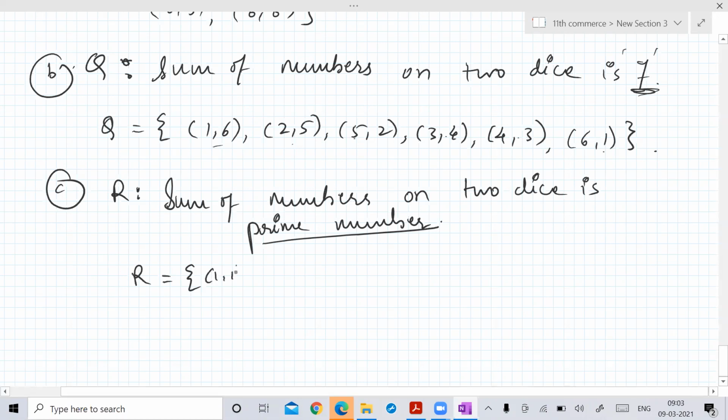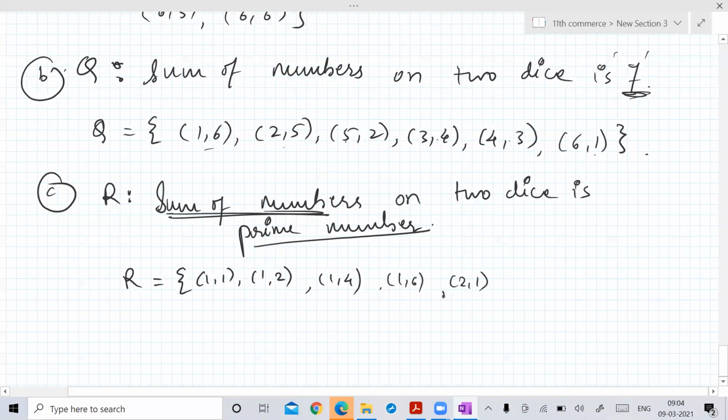सबसे पहला पेयर 1,1. 2 is a prime number, sum should be a prime number. So 1 plus 1 is 2. अच्छा, 1,2 is 3, प्राइम नंबर। 1,4 is 5, प्राइम नंबर। 1,6 is 7, prime number। 2,1 is 3, also a prime number। 2,3 is 5, also a prime number।